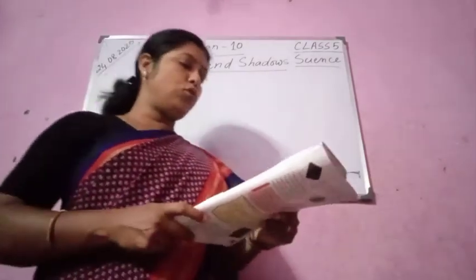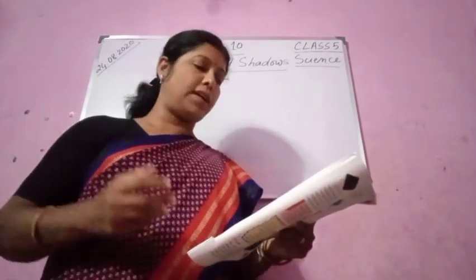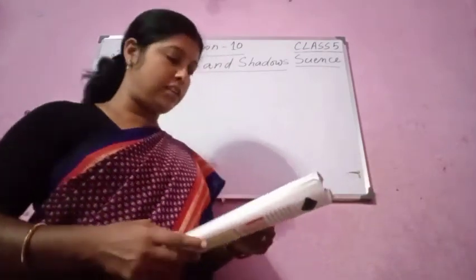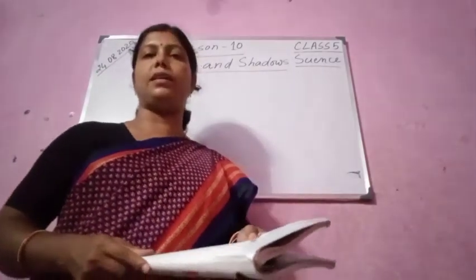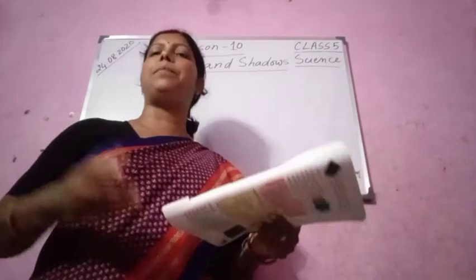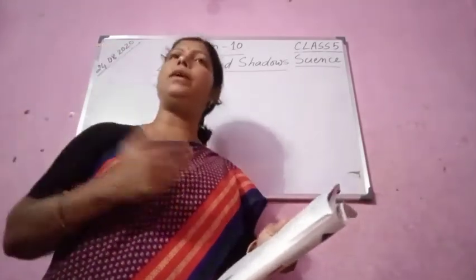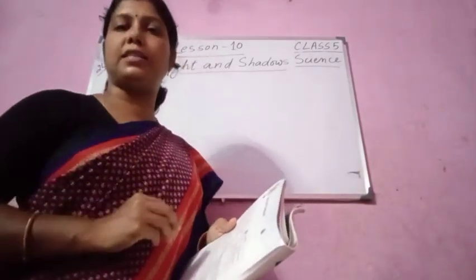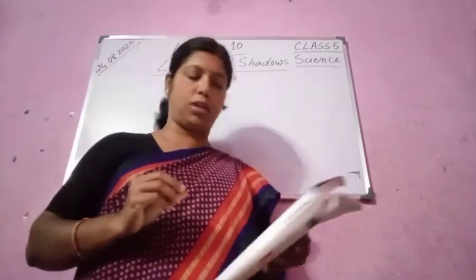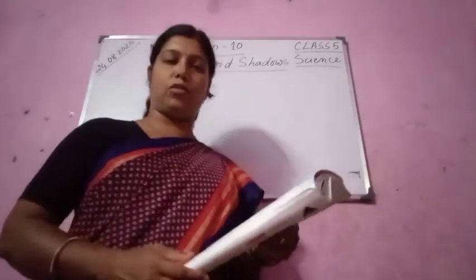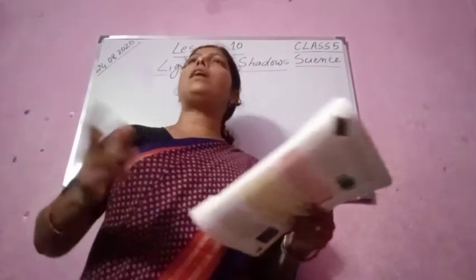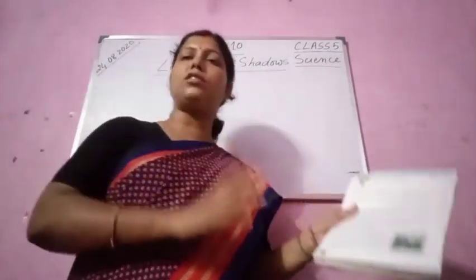Now let us come to artificial sources of light. Man-made objects like bulb, tube light, torch and candle also emit light. See, at night you are studying with the help of tube light or with the help of a bulb. So who has made this light? Man has made this light. They also give us light. These are artificial sources of light. So you can now easily differentiate between natural sources of light and artificial sources of light.